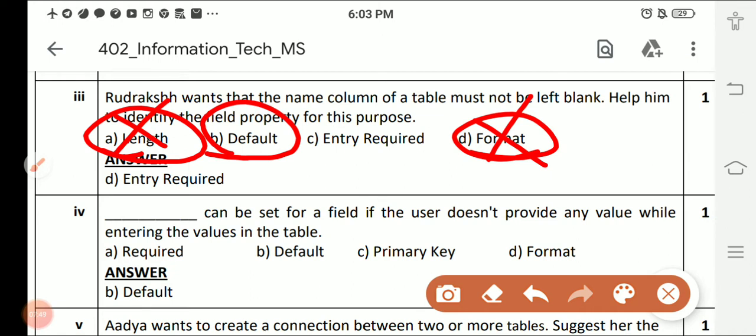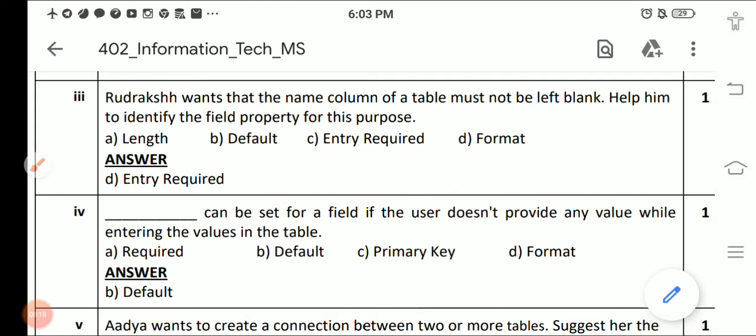Default होता है, that is class column. I know that you all are in 10th class, so I will place default 10. ठीक है. So now entry required. If you set this required property yes, it means user must enter the value in this particular field. So in your table you don't want any column left blank. ठीक है, you don't want any column be blank. So for this you have to place this required property yes. So correct answer is required.